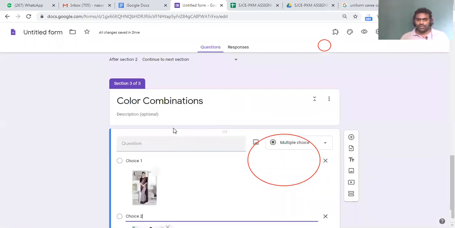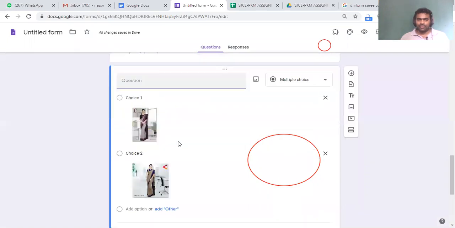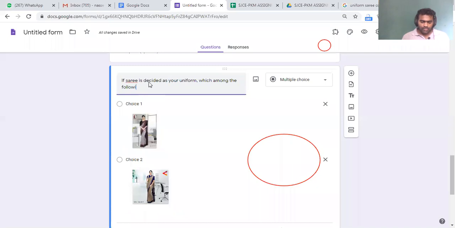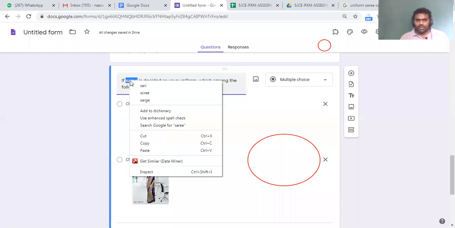Now I have to add a question. If sari is decided as your uniform, which among the following will be your choice? Sari spelling.